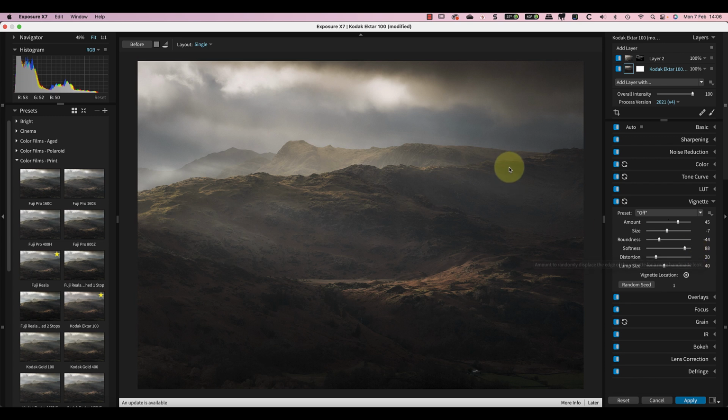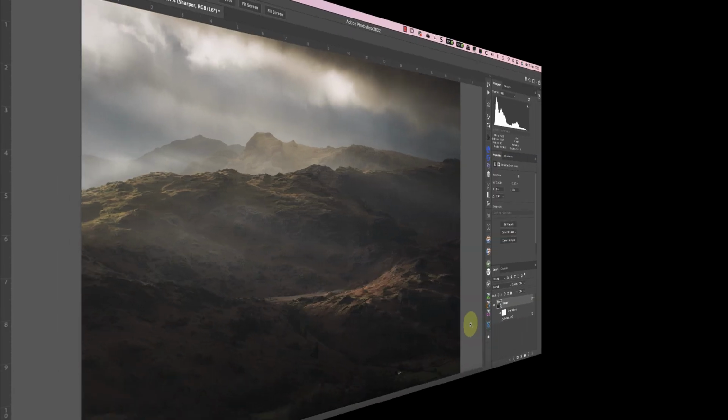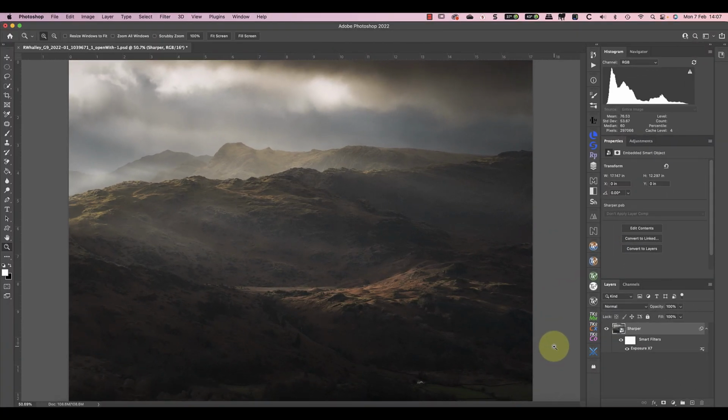That seems to make a good job. The overall strength is a little bit too strong now because we're losing the detail in the shadow areas here. But overall, I'm quite happy with that. So I'll now apply my changes. And as I mentioned earlier, because this is a smart object, if I don't like my changes, I can go in and adjust them further later.